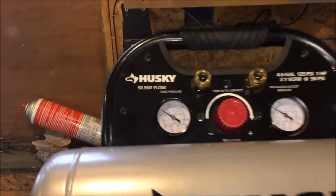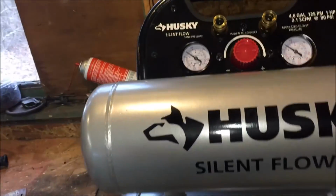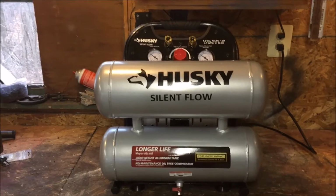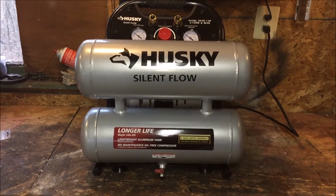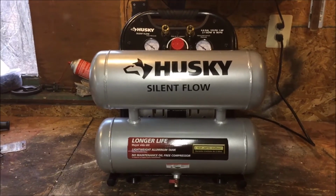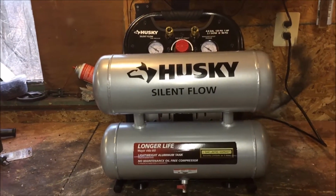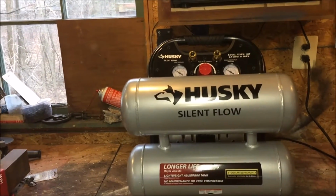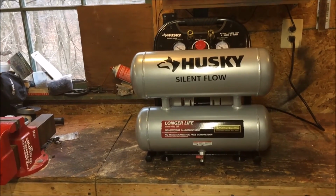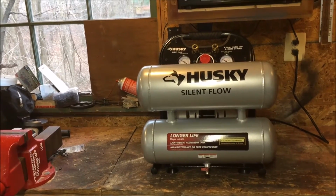All right, we'll shut this off. What's nice about this compressor is, you have to suit your compressor based on what your needs are. I'm only going to use this compressor for basically running some finish nailers, a framing nailer, maybe a roofing nailer, stuff like that, blowing up the tires, whatever. Very average homeowner use. Before I bought this, that's why I had that vertical compressor, because I was using that for pneumatics,